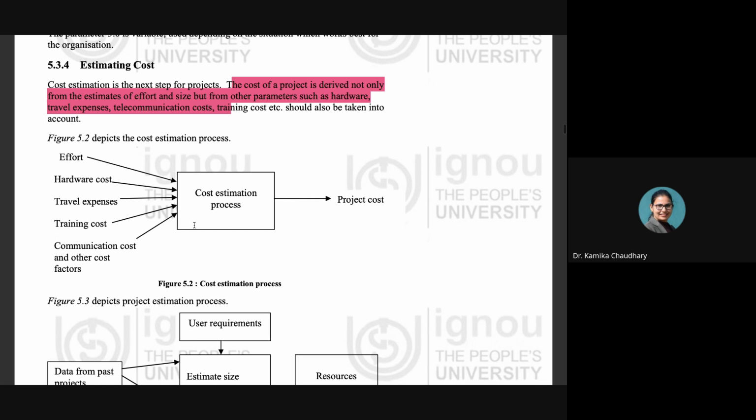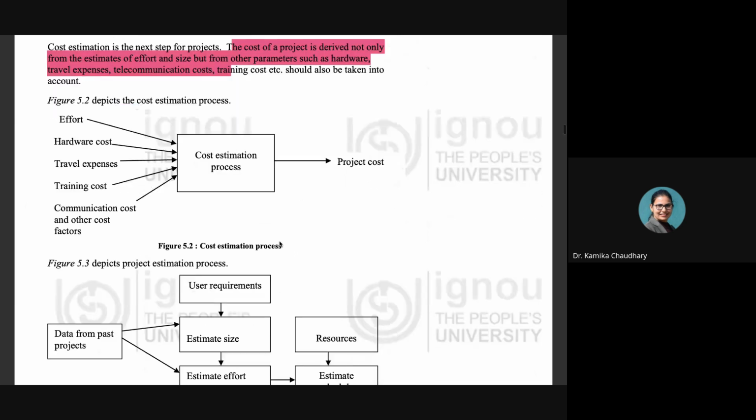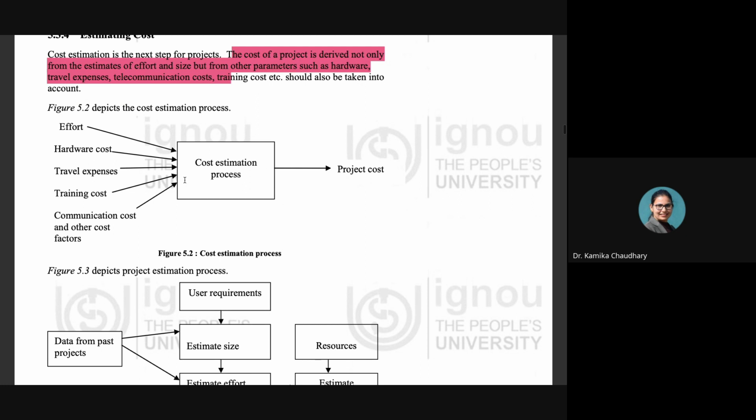Everything is being taken into consideration. All these are the inputs for the cost estimation process. And then by calculating the overall cost, we are going to say that we have estimated the total cost of the project, right? So this is the cost estimation process, in which the cost of the project is derived